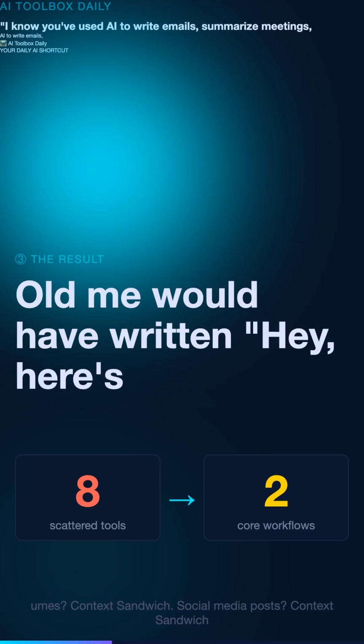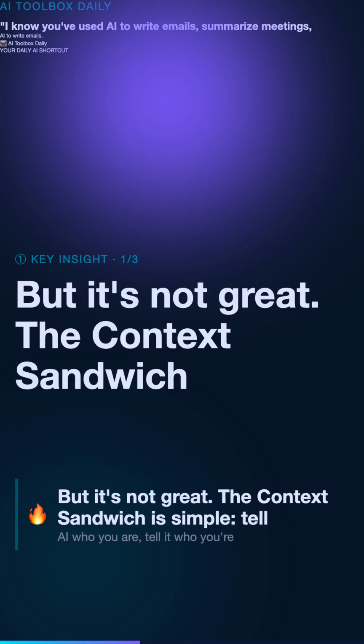Point 2, who you're talking to. This is the one nobody does. The recipient is a boutique clothing store owner in Austin, Texas. They have an existing website, but it's slow and they're losing sales. See what happened? The AI now knows the audience's pain points, industry, and location. The output goes from generic to specific without you having to do more work.